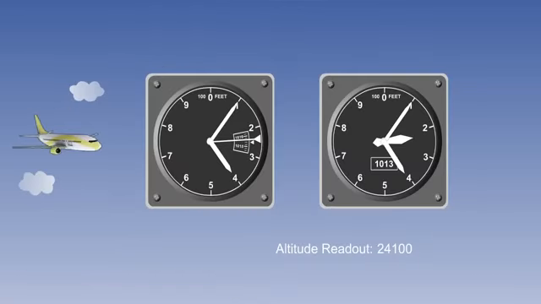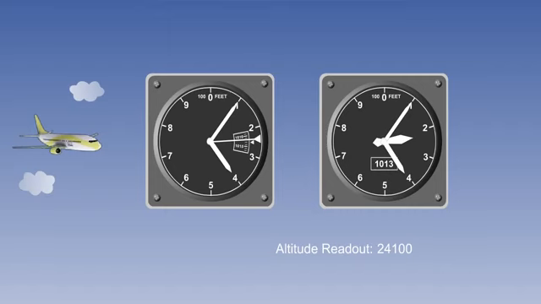Looking at the sensitive altimeters illustrated on the screen, we can see that the more sophisticated mechanism of the sensitive altimeter enables the use of 3 pointers on the instrument dial. 1 pointer for tens of thousands of feet, 1 for thousands, and 1 for hundreds of feet. While this may initially be seen as advantageous, there is a major shortcoming here, in that the 3-pointer system is easy to misread. Both the altimeters shown here are actually indicating